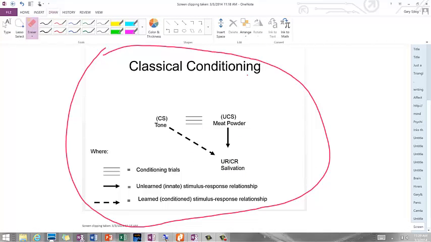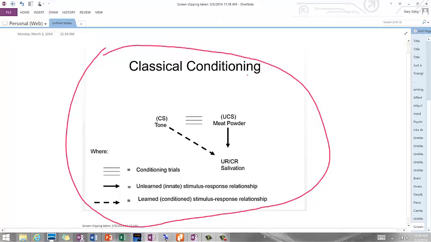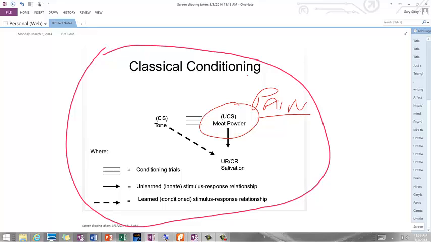So if you have a situation where you are in a classroom, an unconditioned stimulus might be a shock, right? That's painful, right? So you've got a little device attached to your wrist, and that device can shock you.